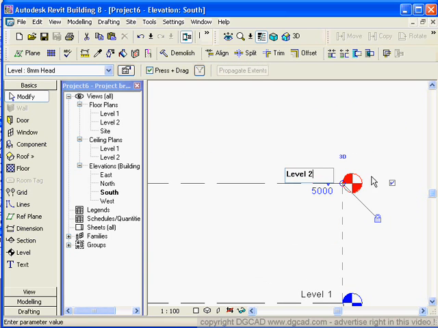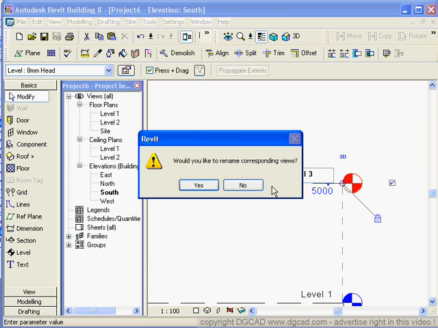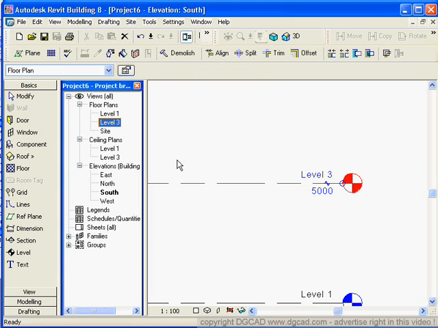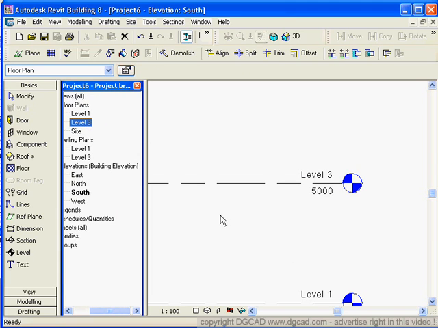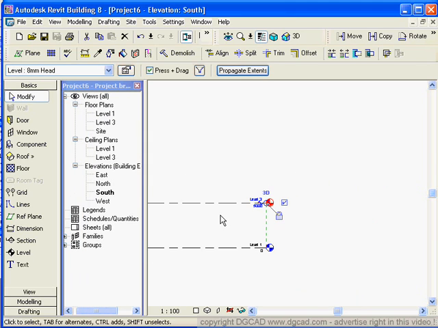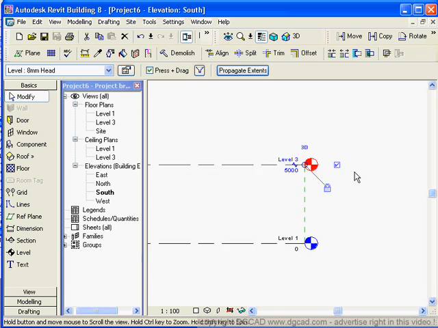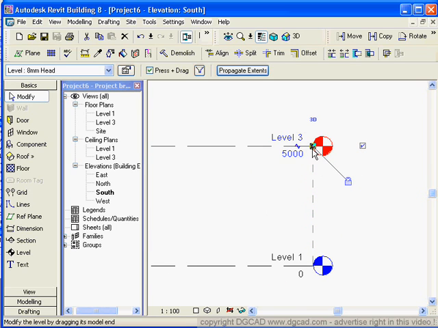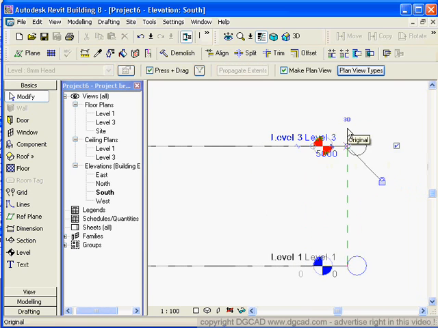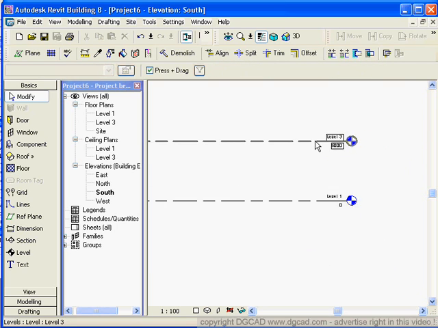I can click on here and I can rename by clicking in here and calling it Level 3 if I want. Doesn't matter. Would you like to rename the corresponding views accordingly? Yes, of course I would, and then that happens there. You don't have to do that. And then we can click out here, and there's some icons in here. So as we have these levels, I can click on this and I can move this,